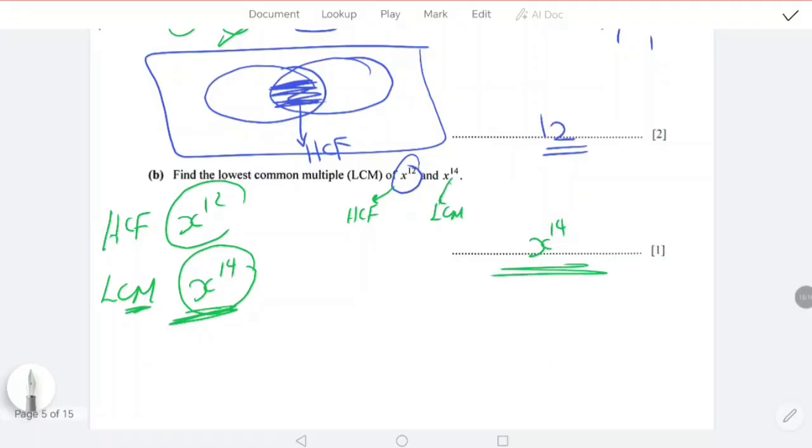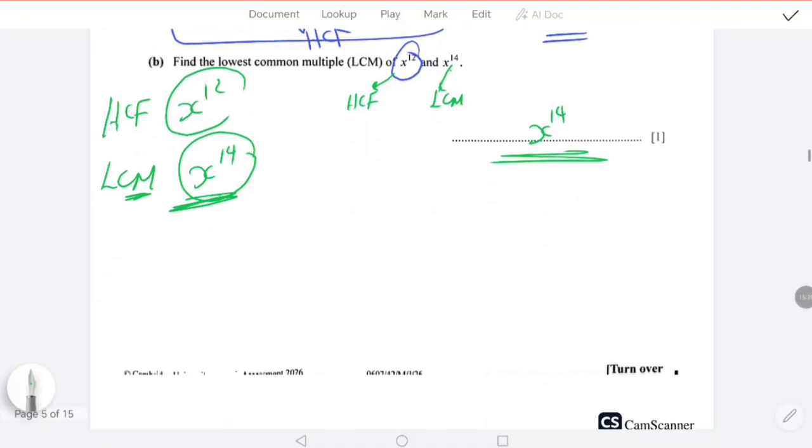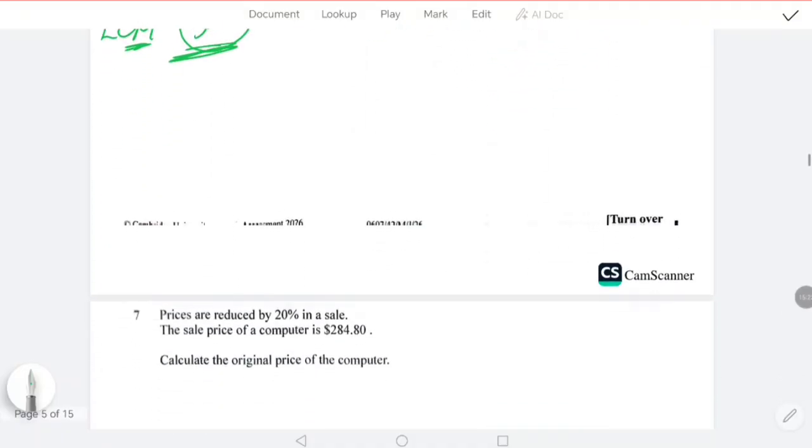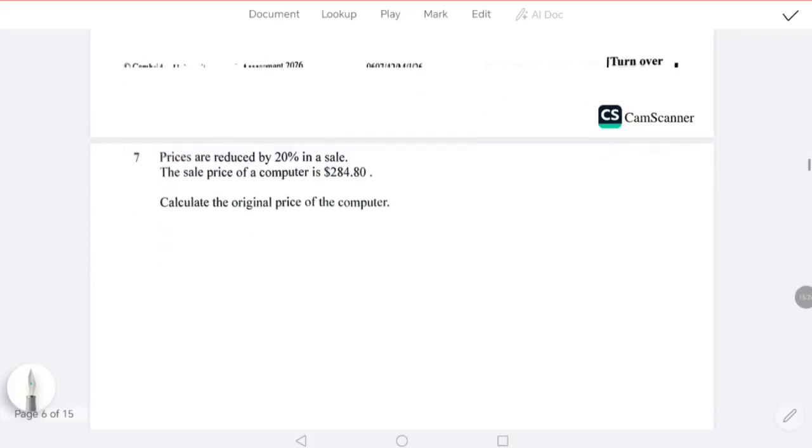Okay, so double check usually, because when we are solving very fast, sometimes we make mistakes. Okay,